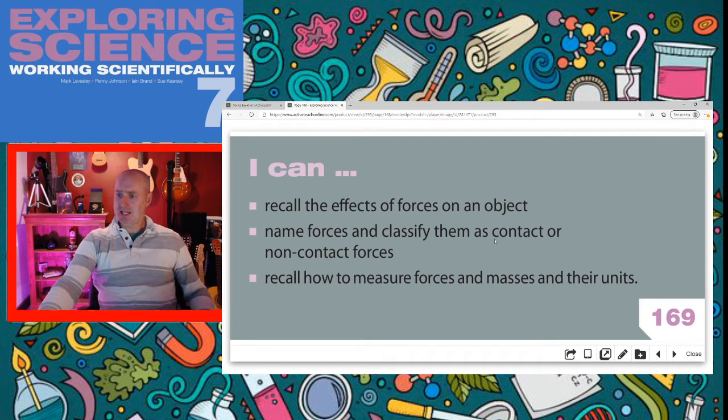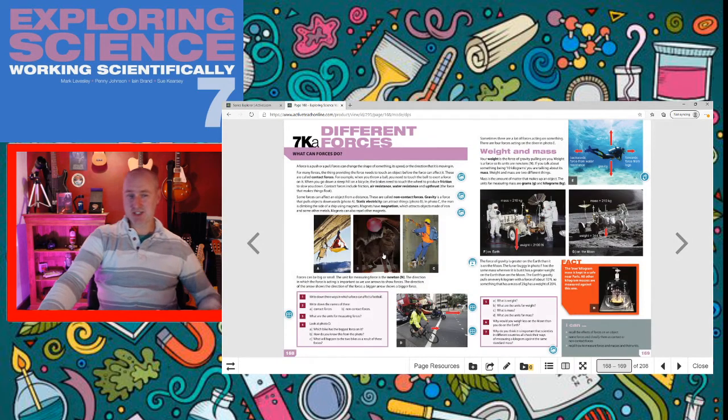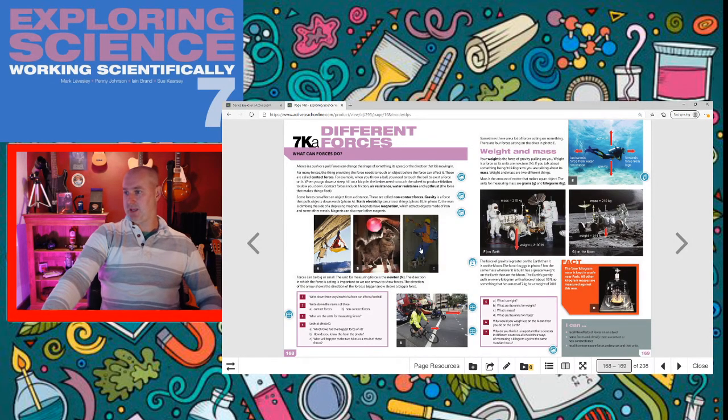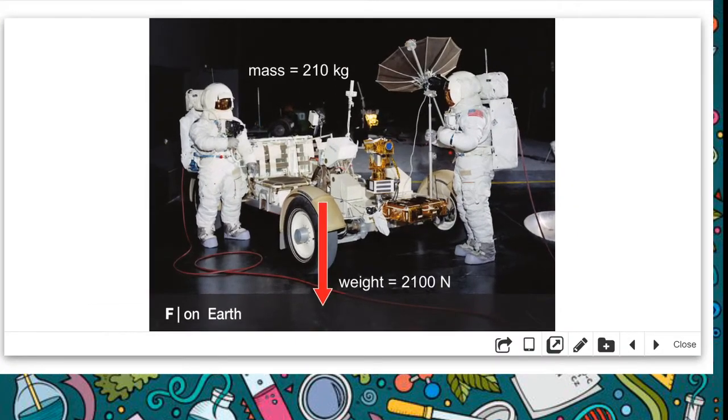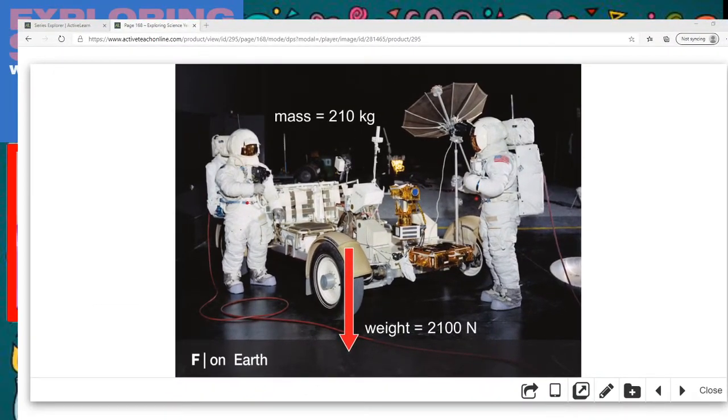Now here, classify forces as contact or non-contact. And that really actually is as simple as it sounds. If I show this diagram here, let me see if I can just make that a little bit bigger for you. Look at that. Now, we have this little buggy here, and we have the force of gravity pulling an object